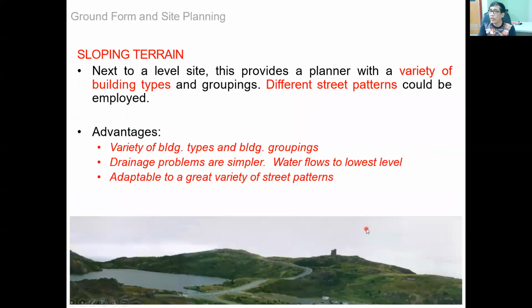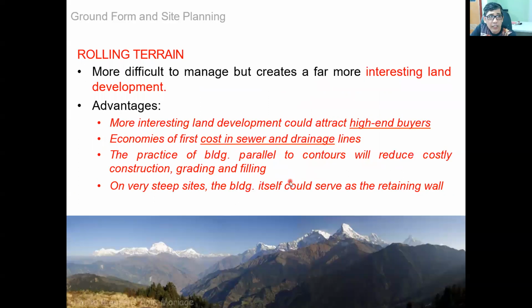So the sloping terrain, next to the level site, provides a planner a variety of building types and groupings. Different street patterns could be employed. The advantages are a variety of building types and building groupings, and the drainage problems are simpler. Water flows to the lowest level, and it is adaptable to a great variety of street patterns. So that is the advantage of a sloping or rolling terrain. The disadvantages: